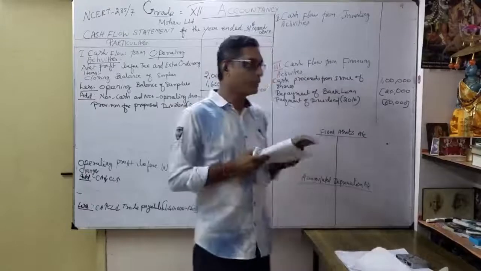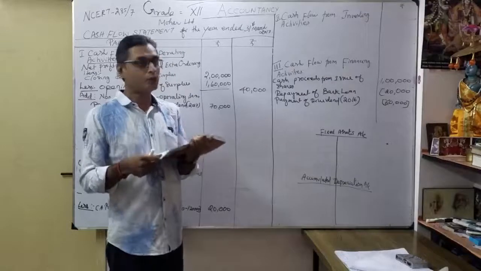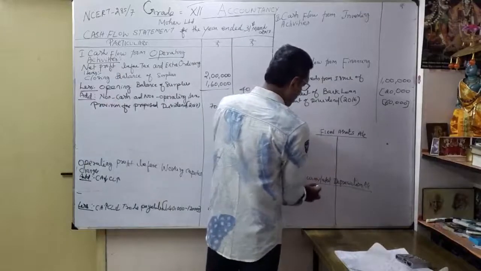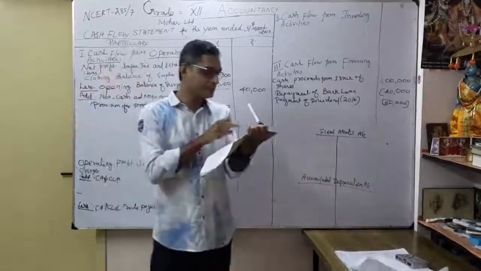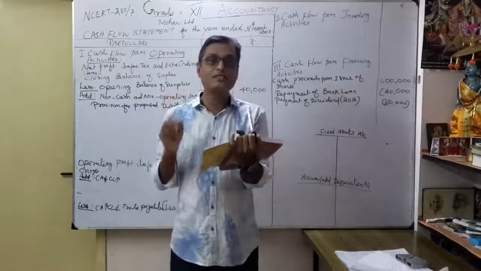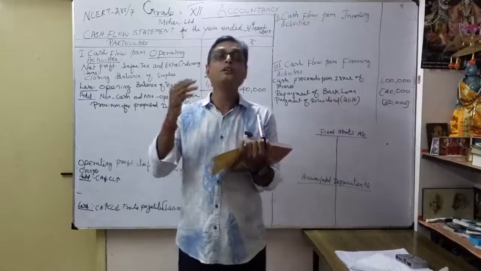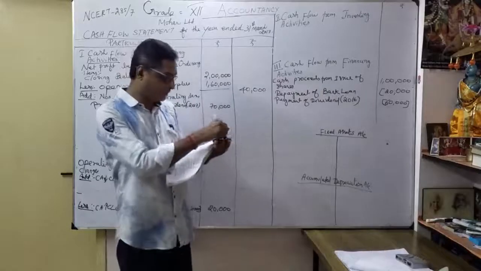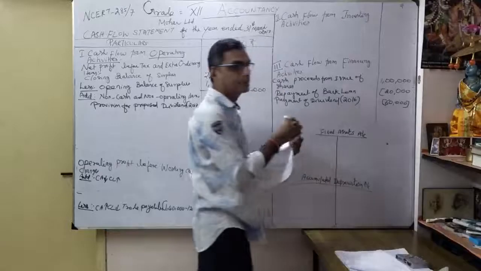For that, what are we going to prepare? Whenever notes on accounts are given for assets, what are you going to do? You have to open separately a fixed asset account and an accumulated depreciation account, because adjustments are also given. See the additional information they have given: a machine costing 80,000, on which accumulated depreciation was rupees 50,000, was sold for 20,000. Now we are going to see how we give the effect for the adjustment. Before that, we want to open the fixed asset account and accumulated depreciation account.